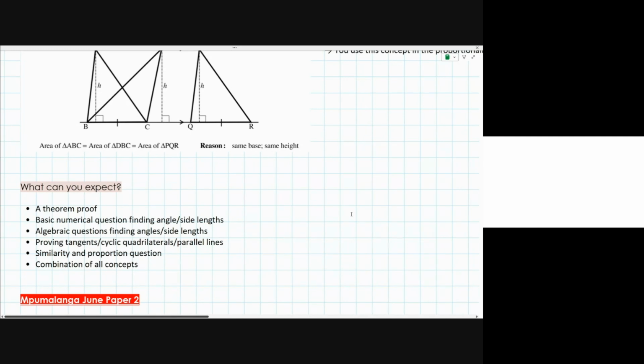Accept it now. I'm not saying that we won't ask you a proof of similarity and proportion. It's just not one that often comes up. But never say never. So know your proofs. And like I say, in the exam guidelines, which is online, it does tell you exactly which proofs you need to know. You then get led into geometry nice and easy with a basic numerical question,